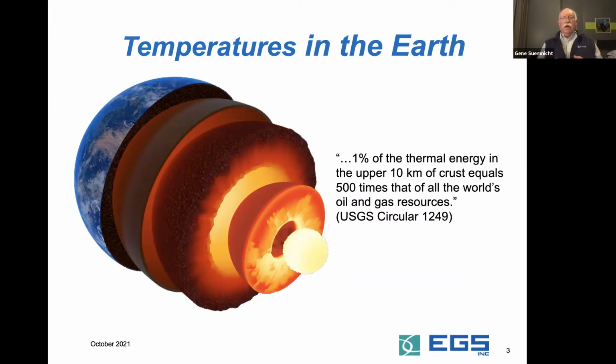And what we can access is basically that 10 kilometers part, because we don't really even approach anything like the core of the Earth. But think of it, if you look at a globe in a library or sitting on your desk or something like that, the actual thickness of the crust that we deal with is about the thickness of the layer of paint on that globe. But it's a very important part of what we can do, because accessing that gives us access to